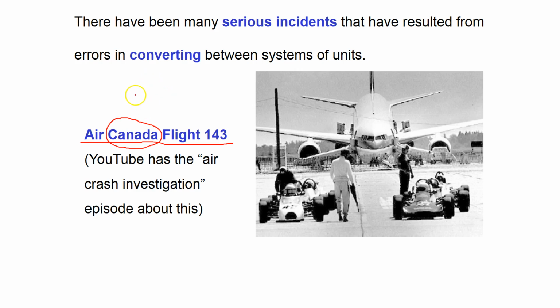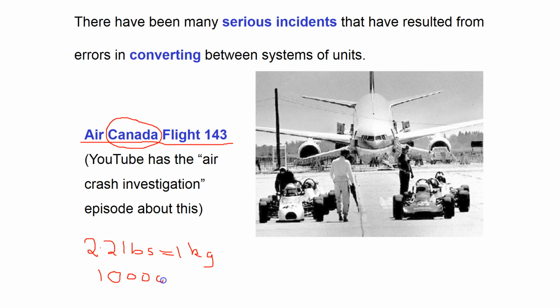The plane got loaded up with a certain number of pounds of fuel, but they mislabeled it as kilograms. We have to keep in mind that there are 2.2 pounds to 1 kilogram. I don't know how much fuel they would put on board, but just by way of example,